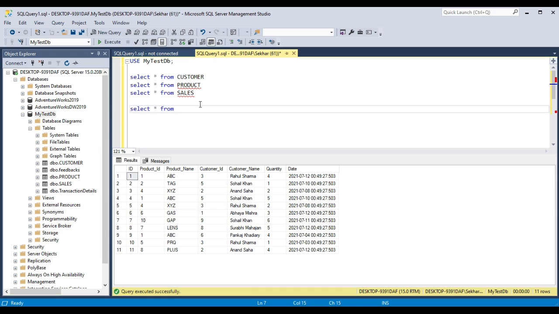Let's start from product, and while joining we usually use an alias. Mostly it is called a table alias.